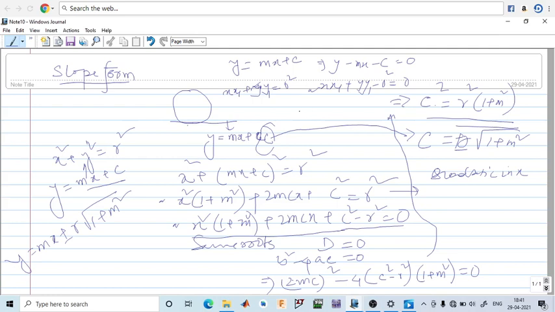If we want to get the value of the point of contact, then we just compare the coefficients. The ratio of coefficients must be equal. Just see here, the ratio of coefficient is 1 by y1,